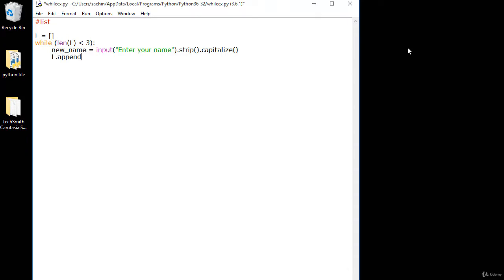We have the append command in the list, and we have already talked about it in the data structure list chapter, and I'll just append my new name to the list. So when the list is full, that is when the list has 3 names, it must print that list is full. So this is very easy, and we'll save it and run it.